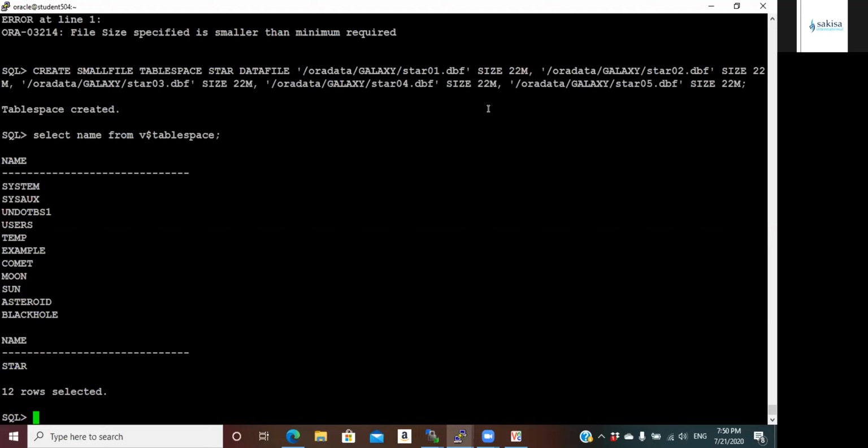So the question says, multiplex the redo logs to two different directories. That's what I did. Let's take it slow. Okay, the first thing I want to do is create those directories.